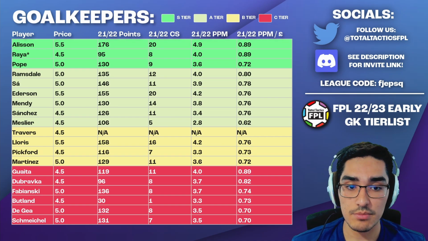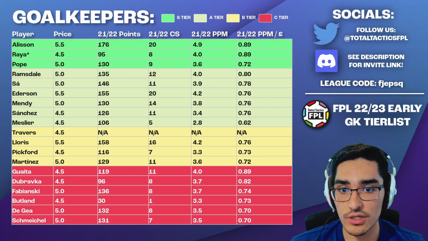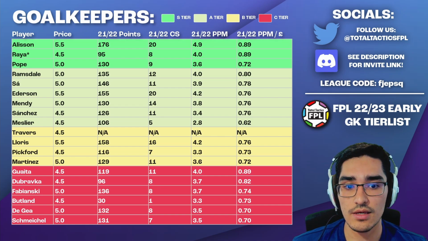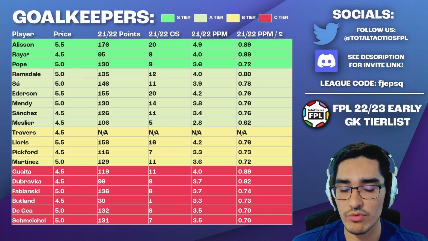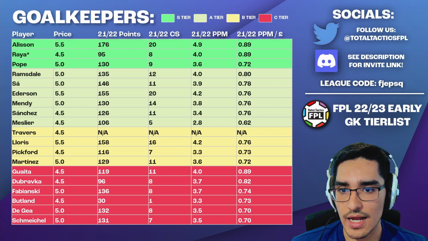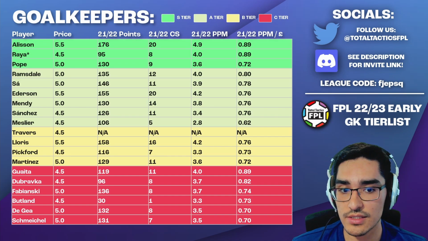And as we can see, Alisson becomes the top option as a 5.5 keeper. I think he was extremely efficient, and if you look at column 6, the 21-22 ppm per price, that's looking at last season and how efficient a specific player was. Alisson, of course, tops the charts next to Raya, but remember that Raya didn't play the full season compared to someone like Alisson, and Alisson shows really great efficiency, especially compared to some of the other top defenses